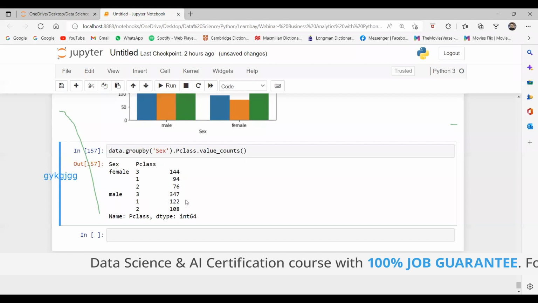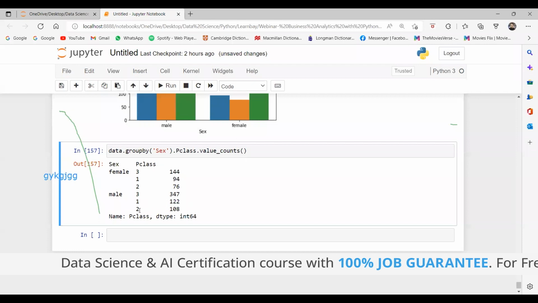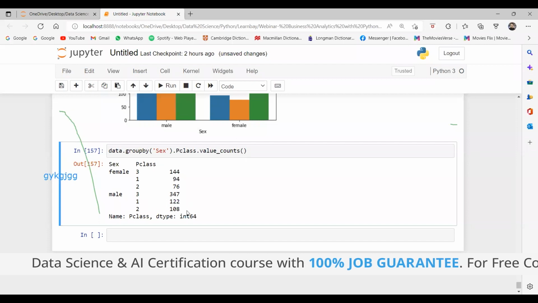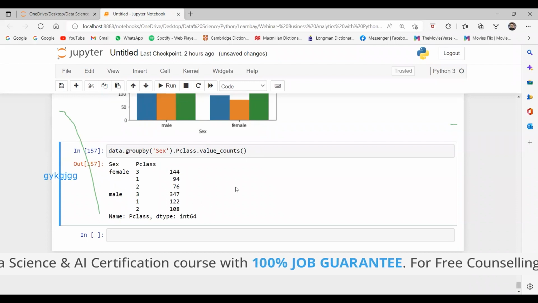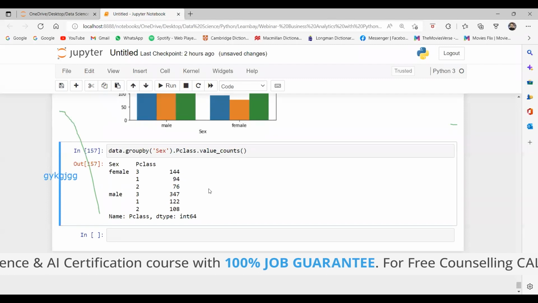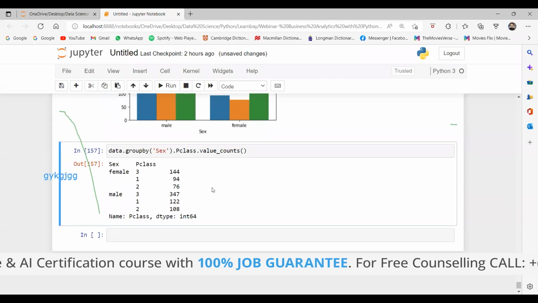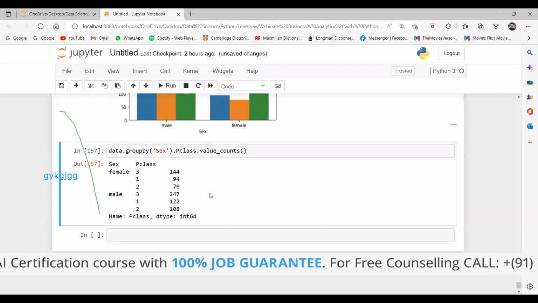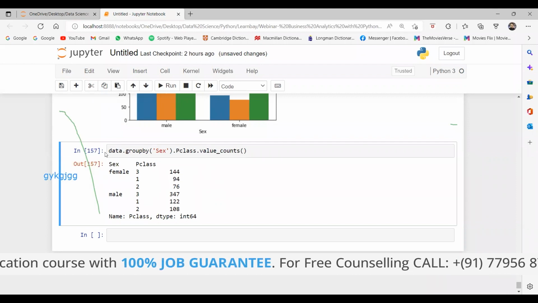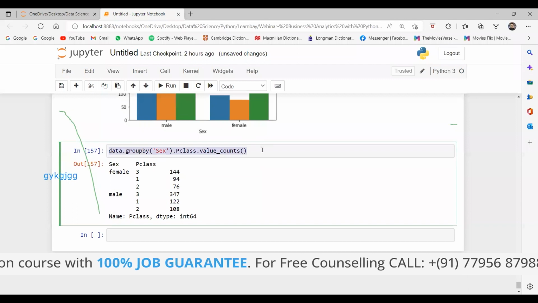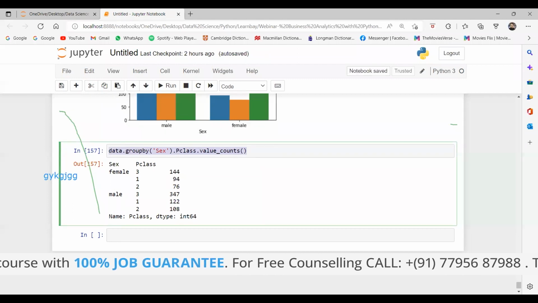In class 1, 122 males were traveling, and in class 2, 108 males were traveling. Can we analyze with this? Like how many males or females are traveling in each class. For example, if we want to check how many males or females survived, we can do it like this.